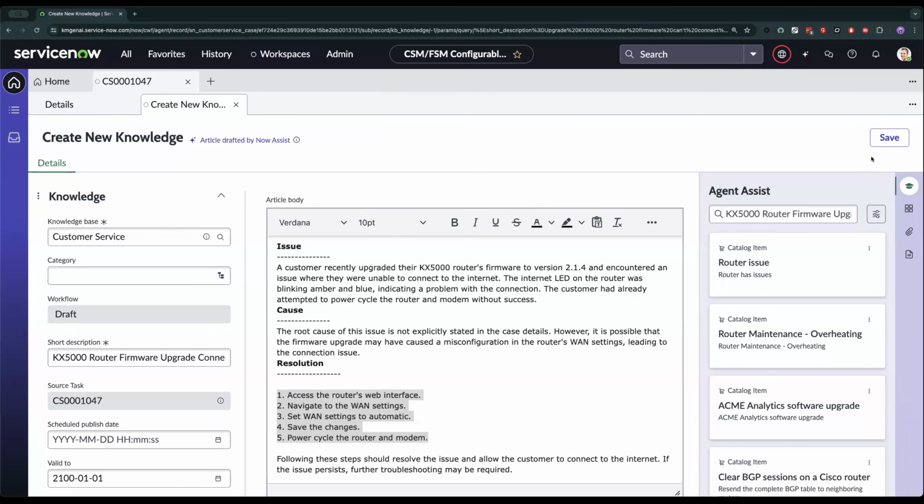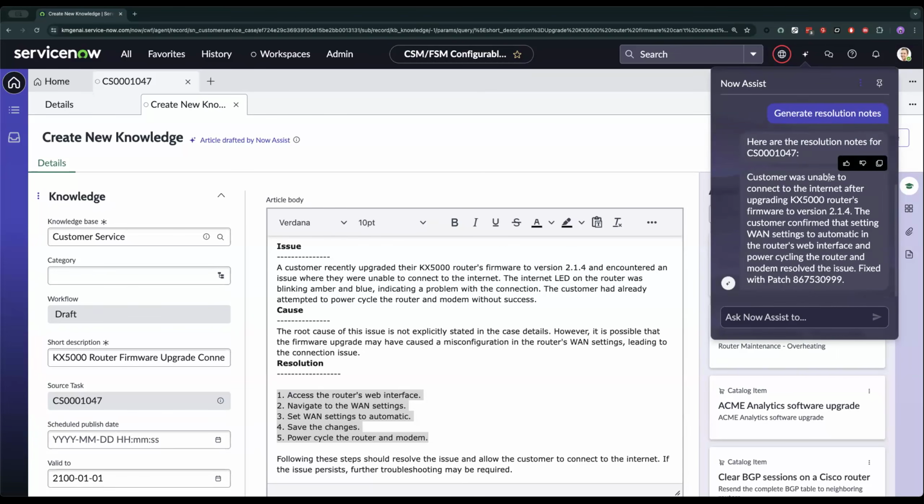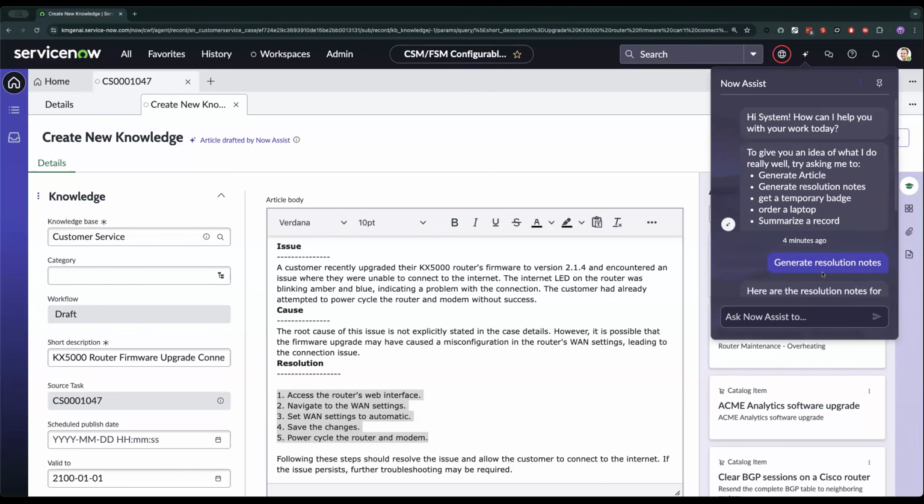Same flow for incident management. And also, if you wanted to use the Now Assist panel, I was going to show that, but we're getting low on time, so we'll cover that in another webinar. But you could create a prompt to generate an article, and it's going to give you the article number here and a link to pop out to the article and put it in that knowledge base that you specified. So that's what it would look like from the Now Assist panel.